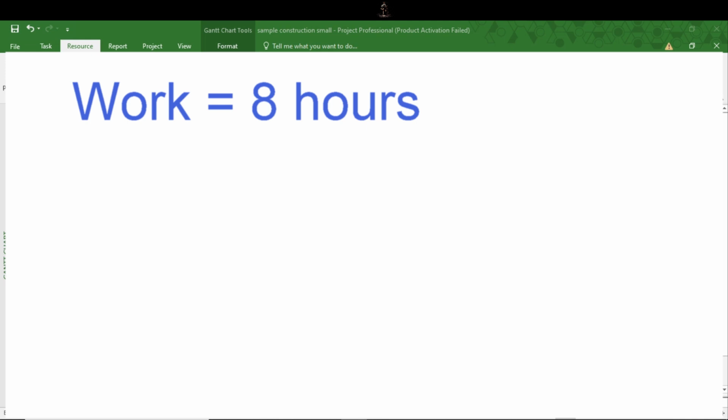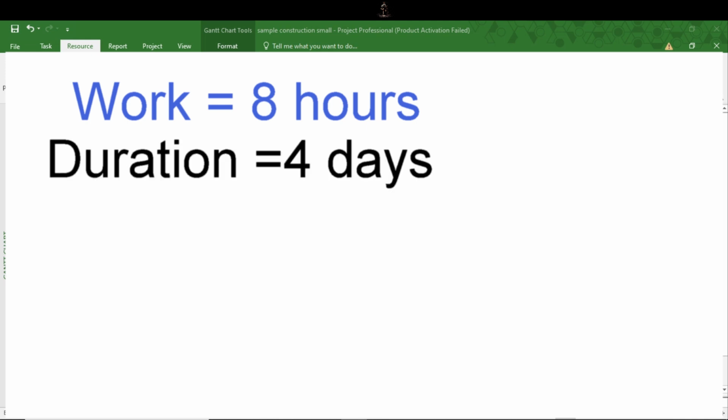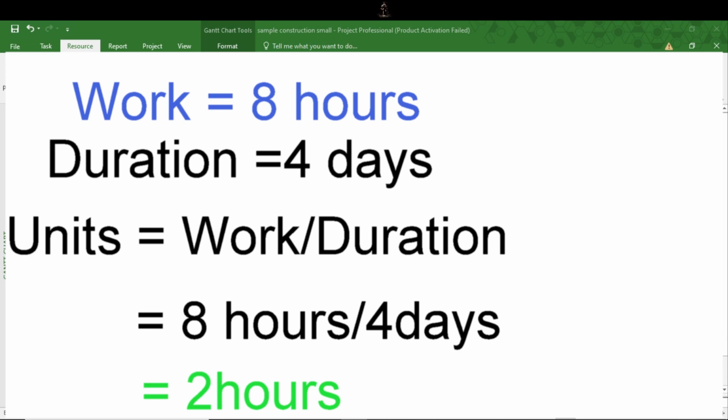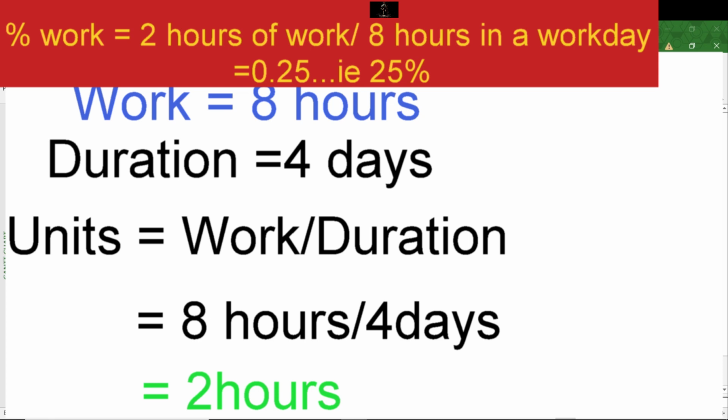Suppose we have work of 8 hours and we have 4 days available to do this task in our schedule. So the resource has to spend 2 hours a day, or we can say the resource is assigned 25% based on an 8-hour workday, that is 2 by 8 is equal to 0.25, that is 25%.